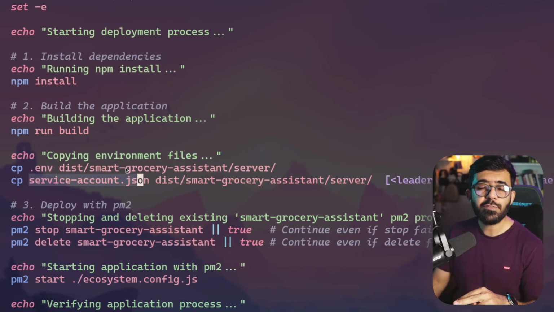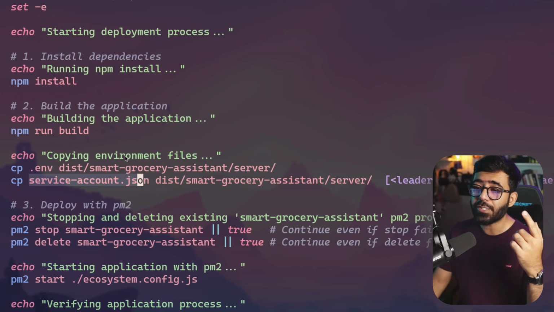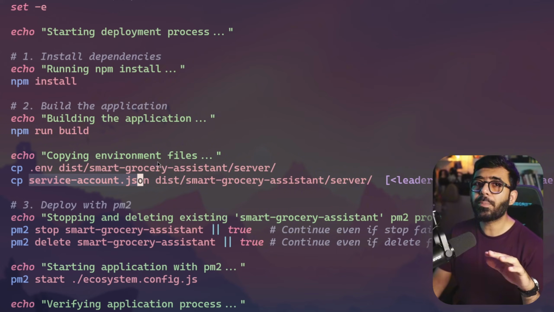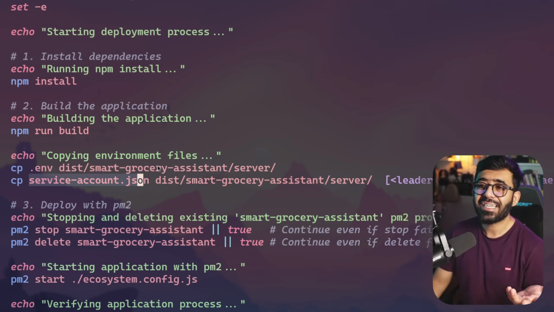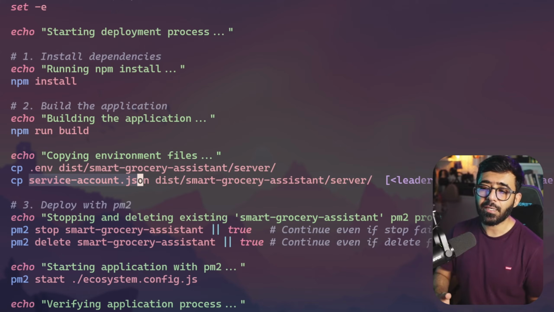Right now, both of these files are on my machine locally, but they're not on the cloud. They're not on Cloudways. So I first have to copy-paste them there because Git doesn't have them. I'm not pushing them to GitHub, that's why they're not being pulled to Cloudways. So I have to manually copy-paste by SSHing into the server and putting the content